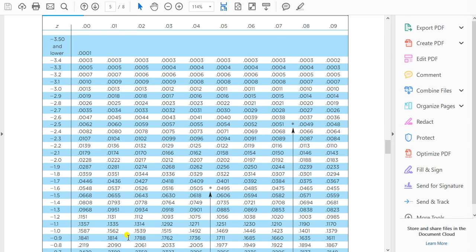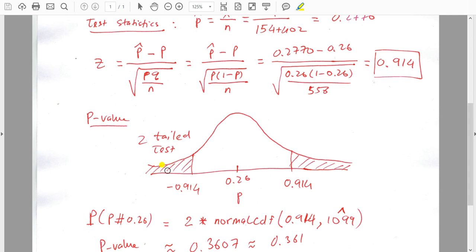So it's just the average of this number and this number. So if you add 0.1814 plus this number here, 0.1788, and divide by 2 to take the average, you should end up with the area of this left region to be